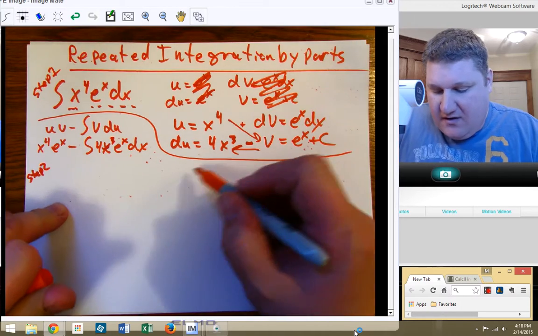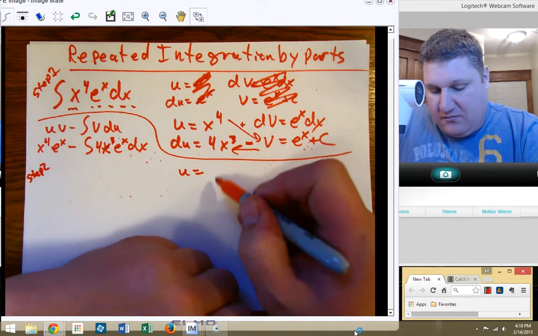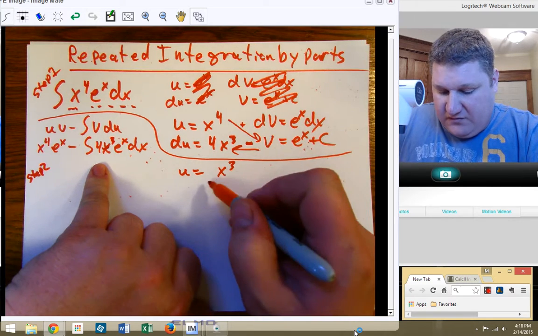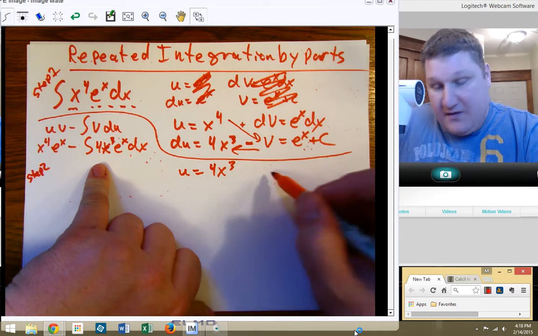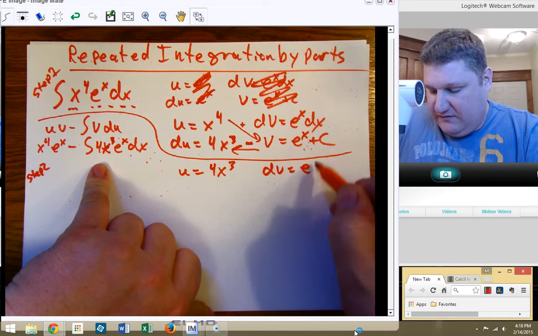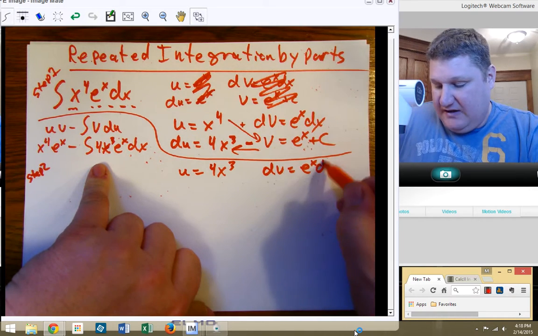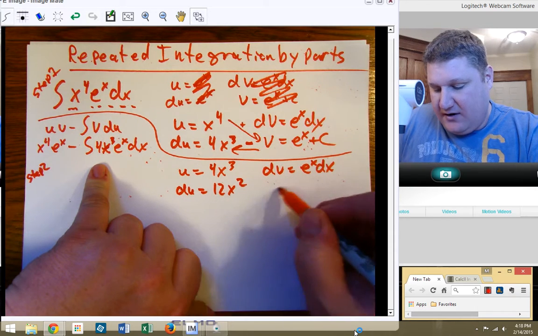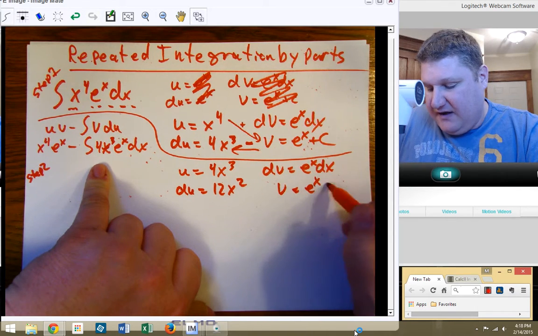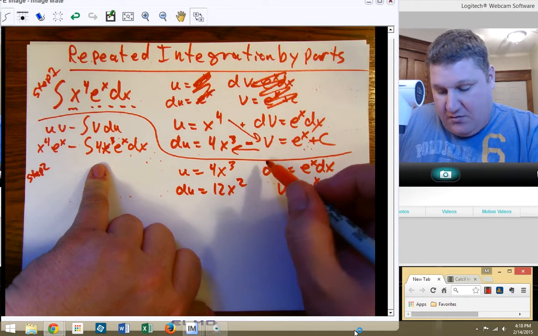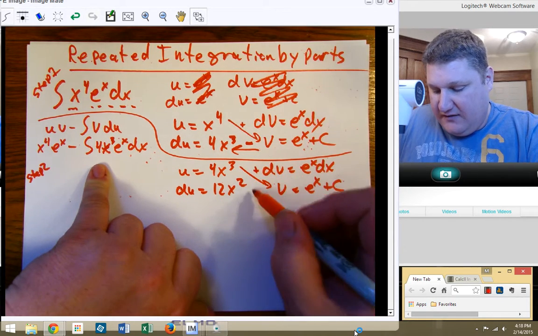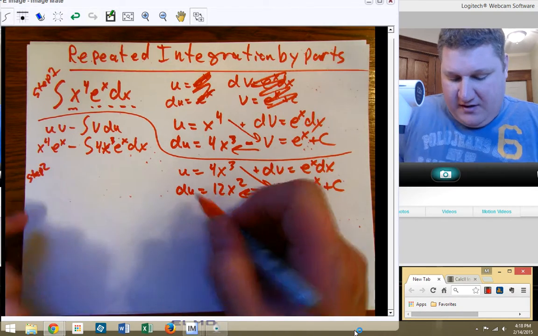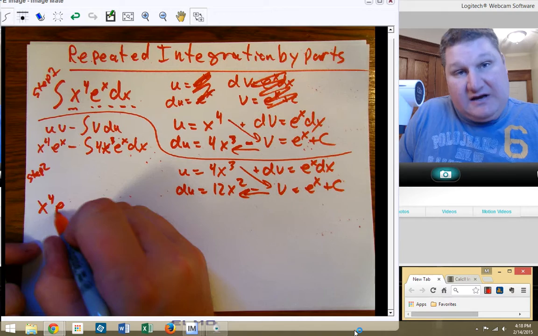All right, fine. What's u? U equals x cubed, or 4x cubed if you so choose. We'll do that. And dv equals e to the x dx. So du equals 12x squared. V equals e to the x plus c. So here I go again, plus and minus as we go back. So I end up with x to the fourth, e to the x,